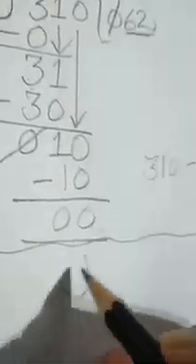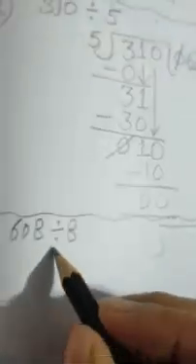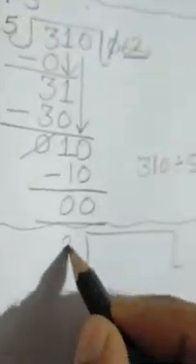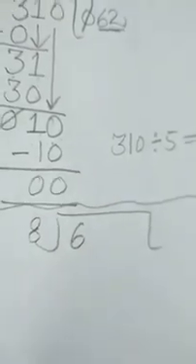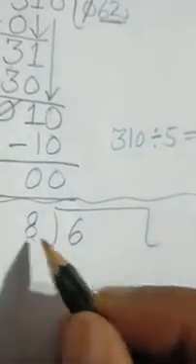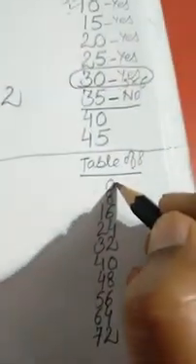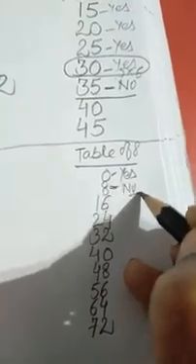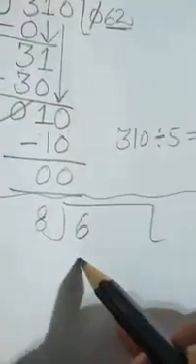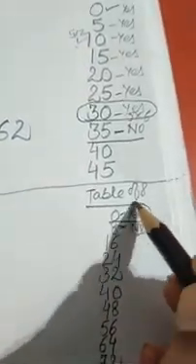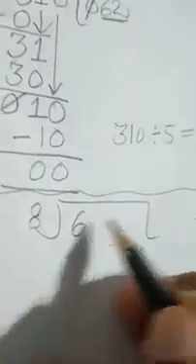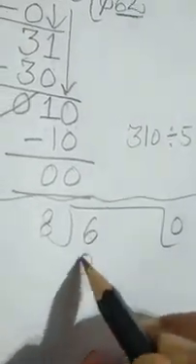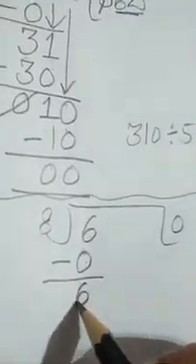Now see how to do division here. Yes, firstly we will write only 6. We will divide it by 8 and we will write here only 6. Yes, now here you can see in the table of 8, 0 can be written under 6. Yes, 8 cannot be written, because under 6 we have to write a digit smaller than 6. So here 8 cannot be written. So one step before that is 0. We will write 8 zeros the 0. When we do subtraction we will get 6.